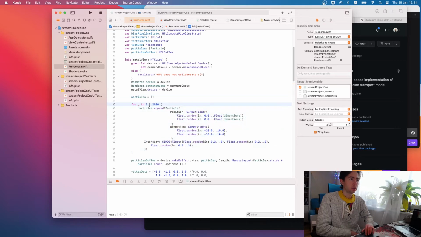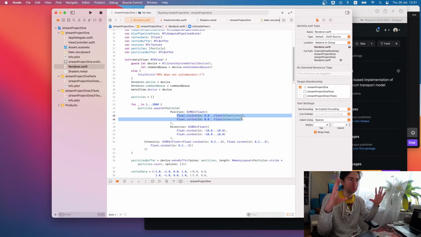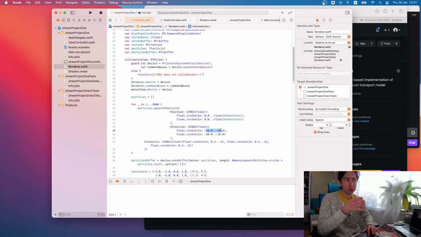I'm creating 2000 particles with a random position within our texture and a random value for direction. As it's not normalized, different directions could also define a speed. So basically it's a vector of speed and intensity.